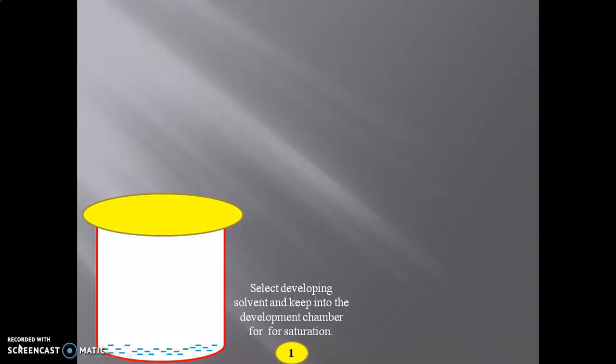It is important in TLC that the development chamber is perfectly saturated with the solvent vapors, because if we use a saturated development chamber, then the total development time is reduced to one third, and we also get a straight solvent front. This solvent front value we use in the calculation of the RF value. So if we want the correct solvent front value, we have to use the saturated development chamber.